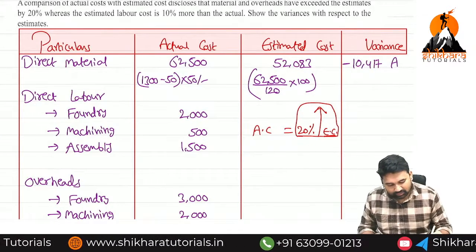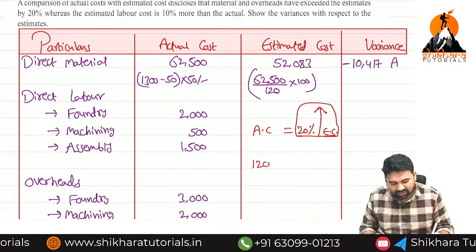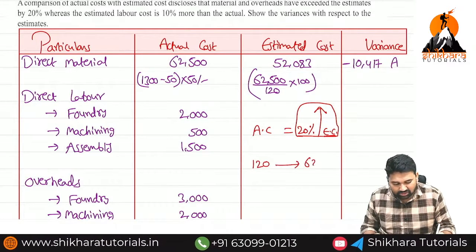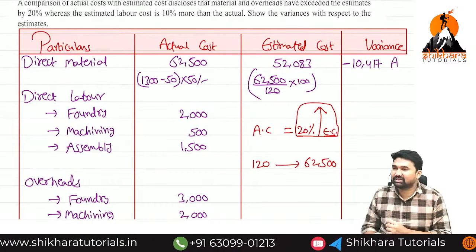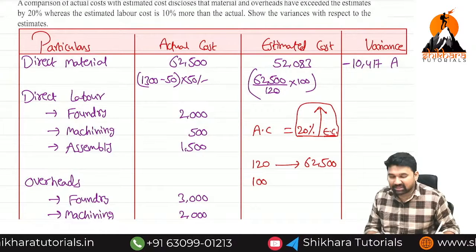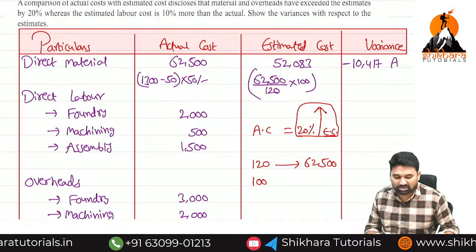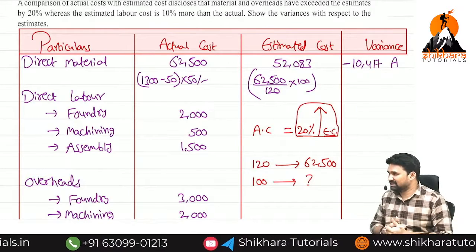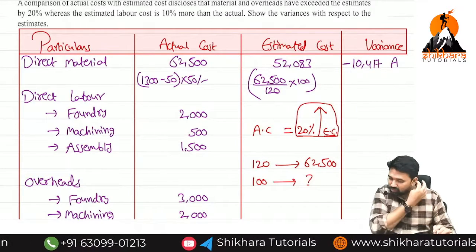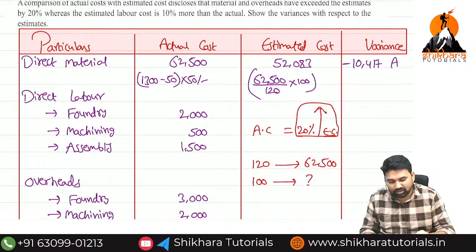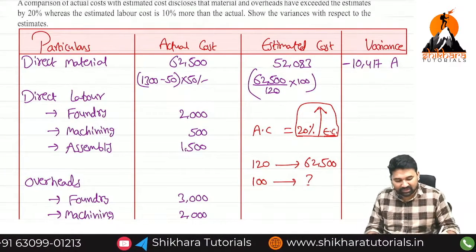So, what is actual cost? 120. If 120 is equal to how much? 52,500. 100 is budgeted cost, that means estimated cost. That thing you don't know. Then 100 how much? You don't know this thing, right? So whenever you don't know this kind of calculation, you can calculate, or you can use as